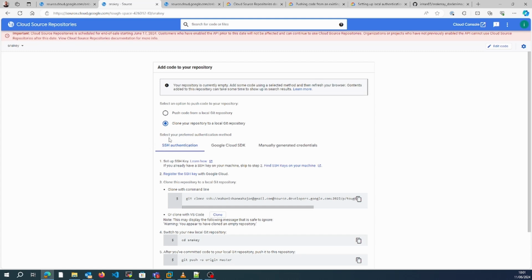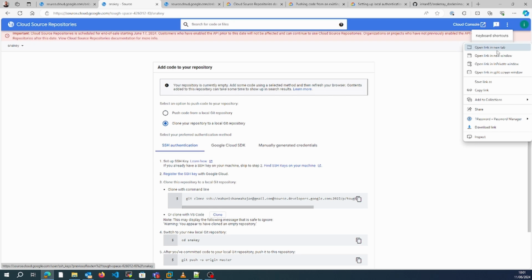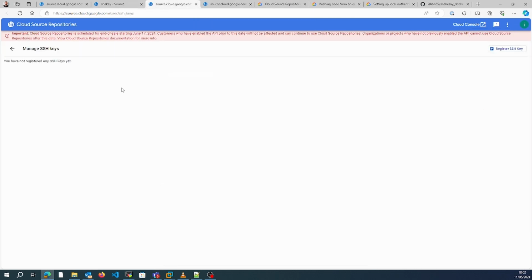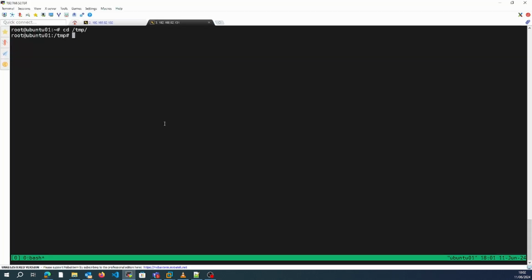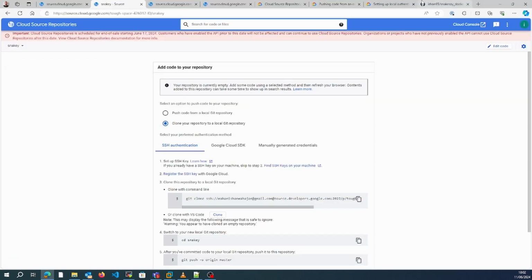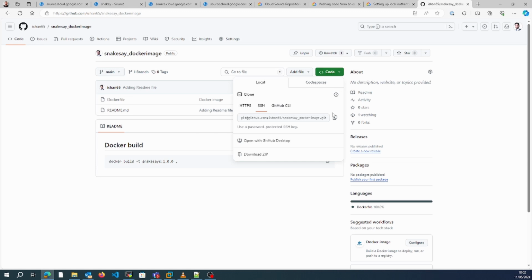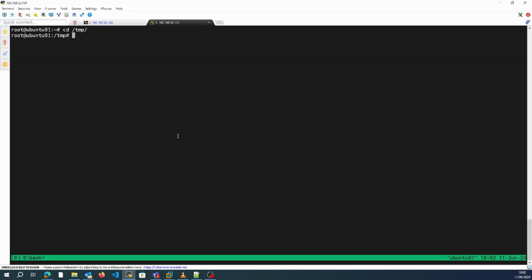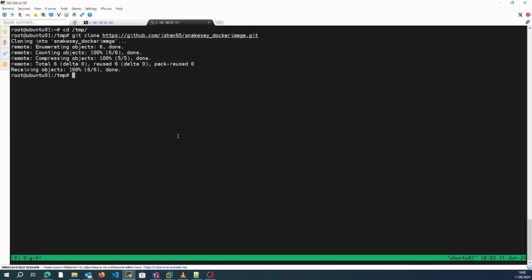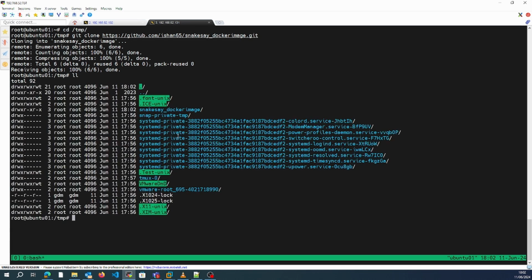Now this repository needs code to be pushed. And in order to push this code, we need to have the keys present. So in order to push, I'm just going to fetch one of my repositories, which I'm going to push to the Google Source Repository. So I'll do git clone. These are the files which I want to push to the